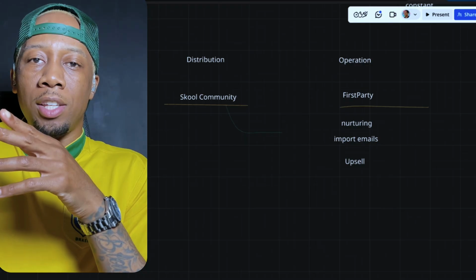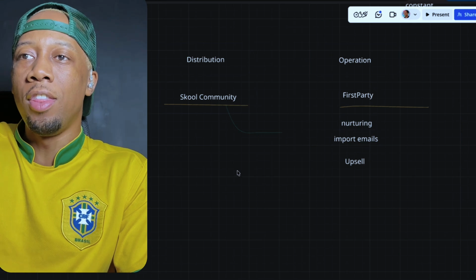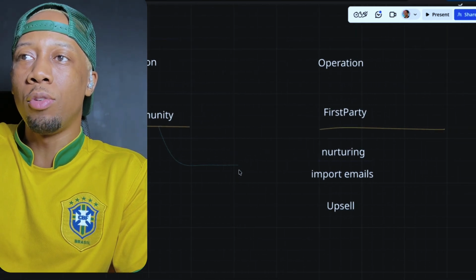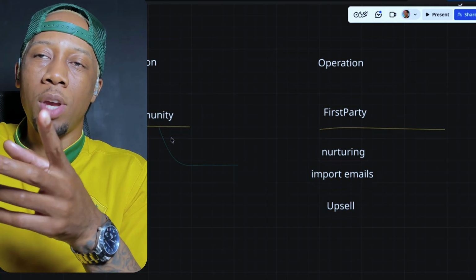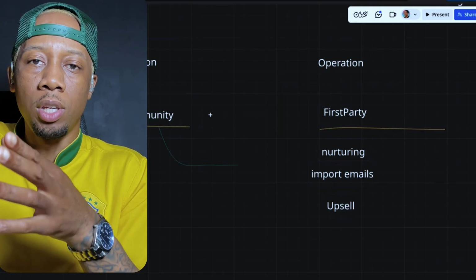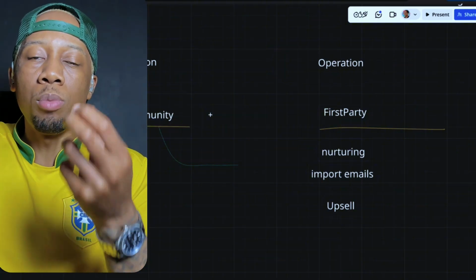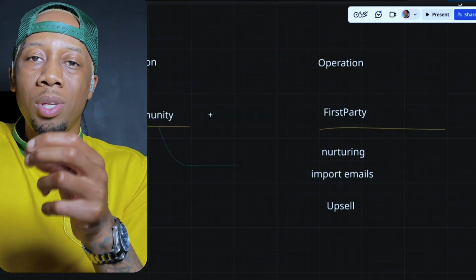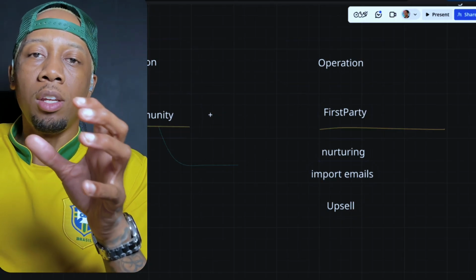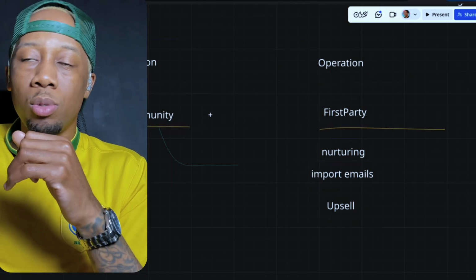So I'm going to share my screen with you, and we're going to break down why you need this tool as a Skool user. So if you look at the screen here, I've got my super advanced Miro board. As you can see, there is a lot of information on here, but I'm going to break it down into two categories. One, distribution. Two, operation. So distribution, this is your Skool community, okay? Just like Instagram, just like YouTube, just like TikTok, these are all your distribution channels. But Skool isn't your operations, okay? Meaning the engine behind the distribution. You need to have both. It's important in 2026 and beyond.